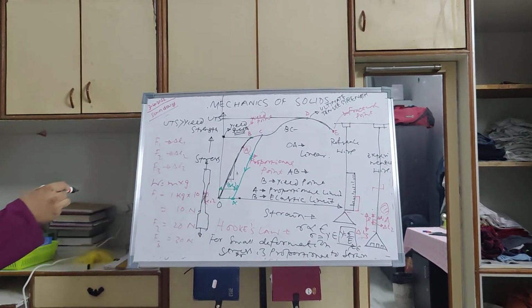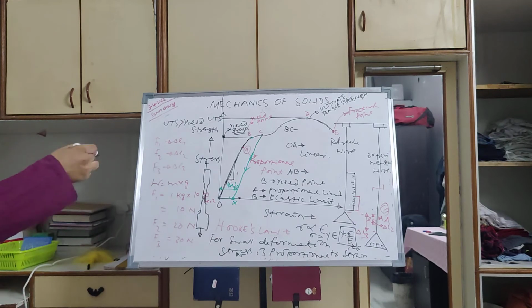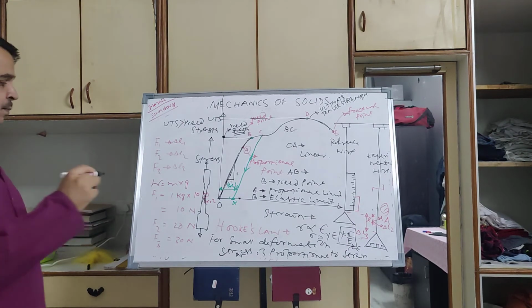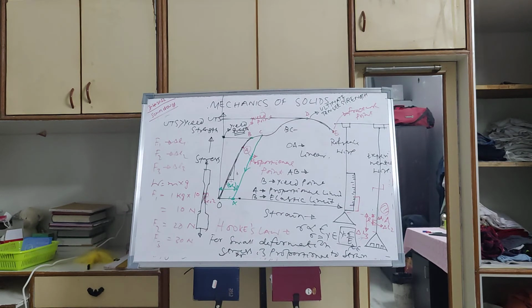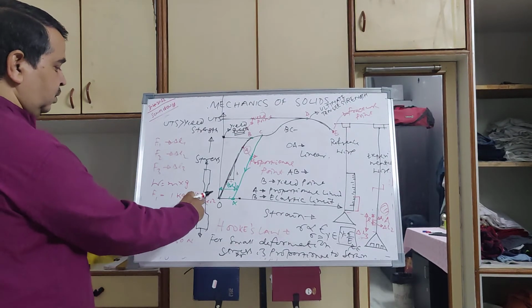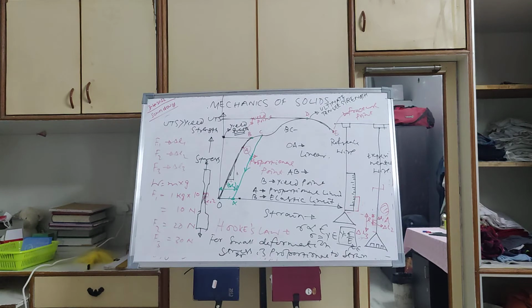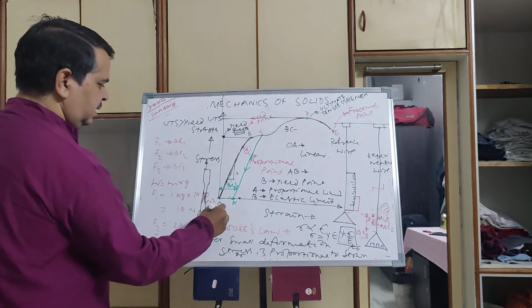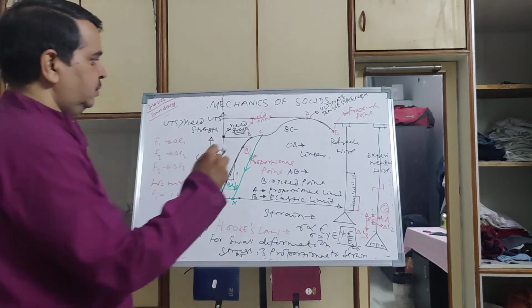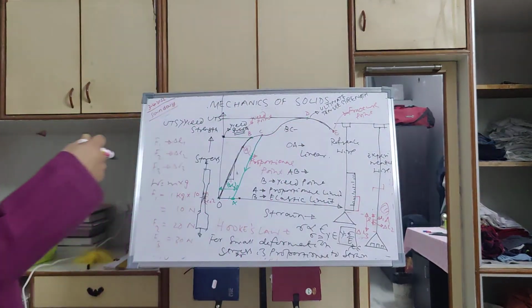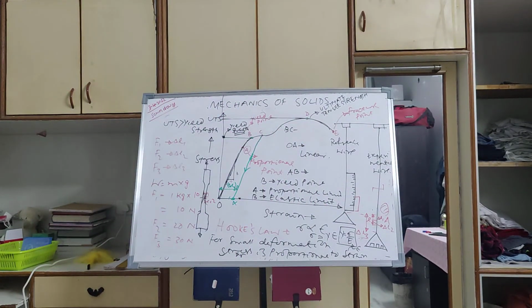It becomes thinner and thinner. If it is a ductile material, there will be a lot of necking. If it is a brittle material, there will be no necking. It will just break immediately into pieces. But a ductile material will do necking, and then it will break into pieces after a long time. So from D to E, at E point, it will break into two pieces.